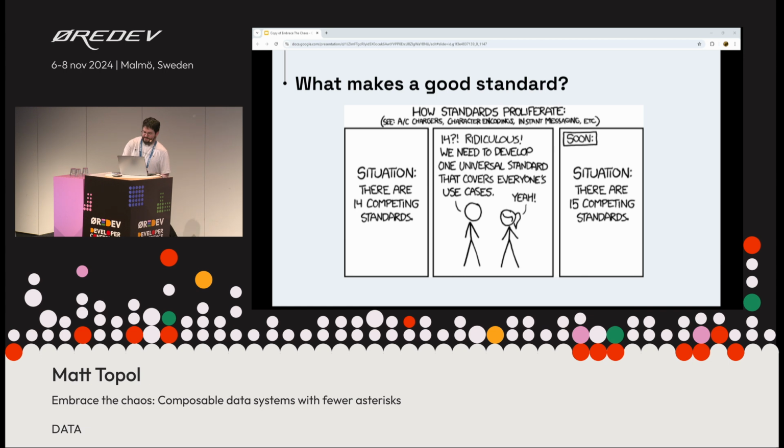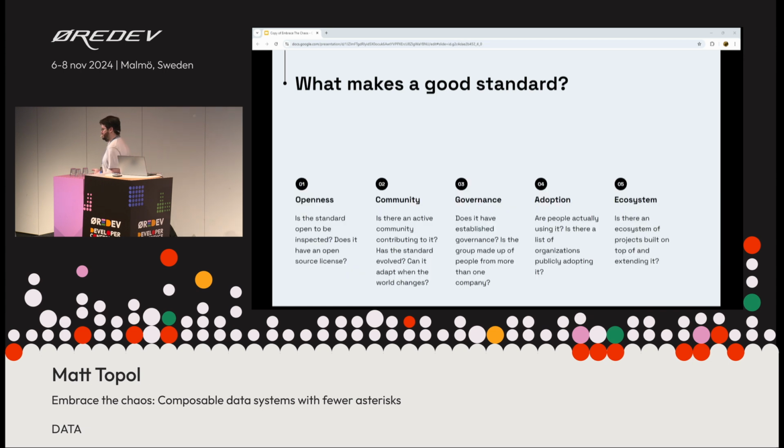And what makes something actually a good standard? At least for my opinions, what I find is this kind of 5-pronged setup of how you can evaluate a standard in terms of whether it's actually going to be a good long-term choice.